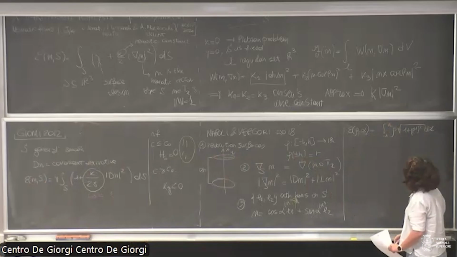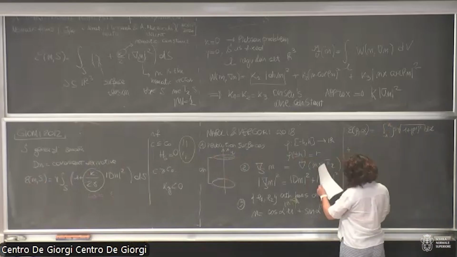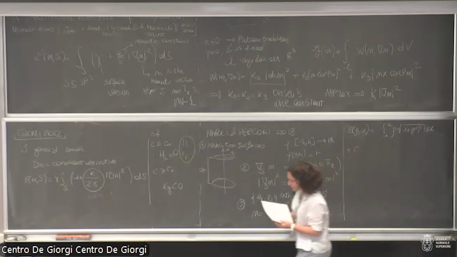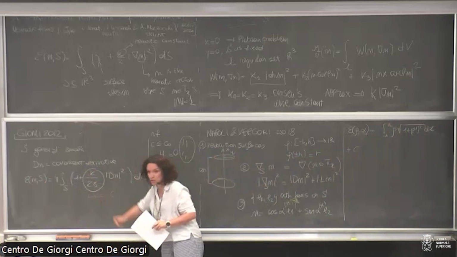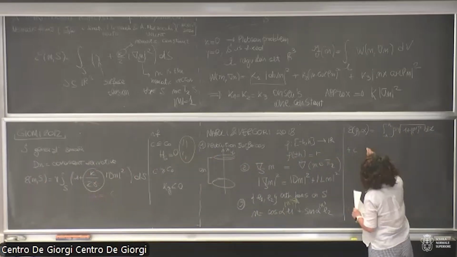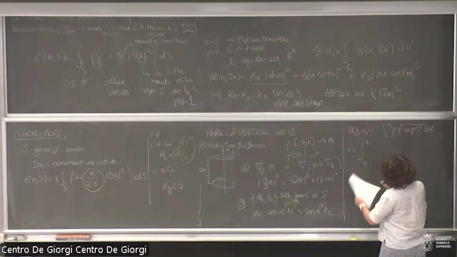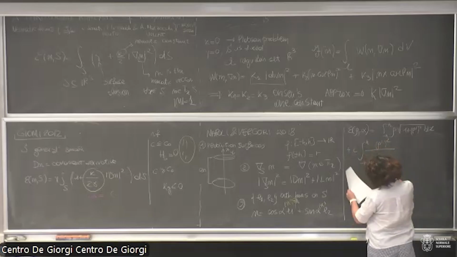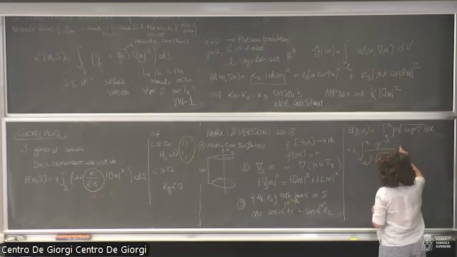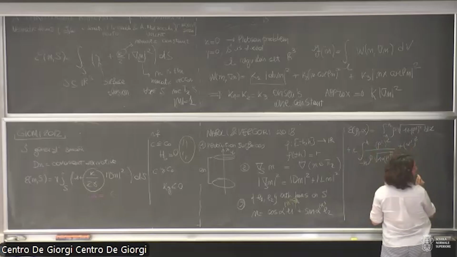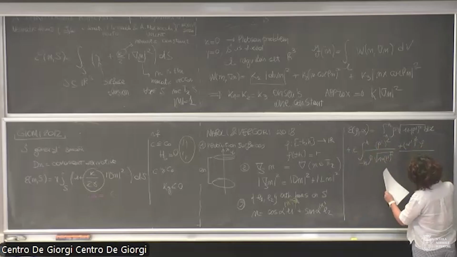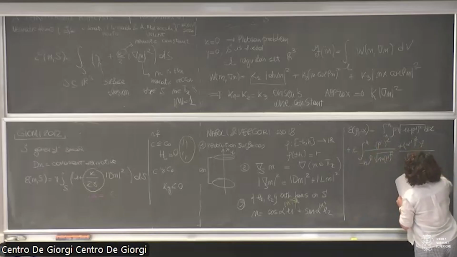This comes from the area, plus I put the constant c, which is exactly the ratio between the two constants, and I put outside the integral. It is equal to minus H, rho prime squared divided by rho square root of 1 plus rho prime squared, plus alpha prime squared rho divided by 1 plus rho prime squared,